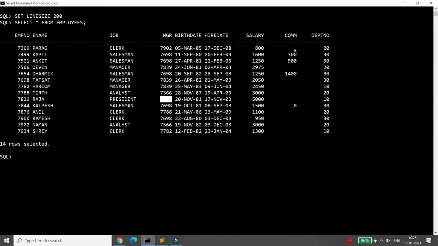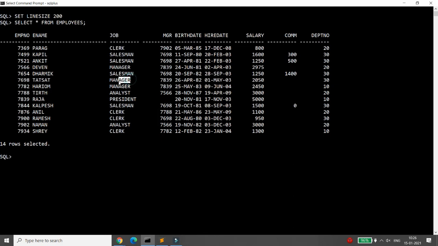Now see carefully what happened. What if I don't want to enter the commission over here? If you don't want to enter the commission, then we cannot write a character like "not applicable" over here. So character is not supported in the numeric data type. If it is a date and I don't want to insert the date, then we all know that character and numeric are not supported in the date. We have to follow the format, that is DD-MON-RR.